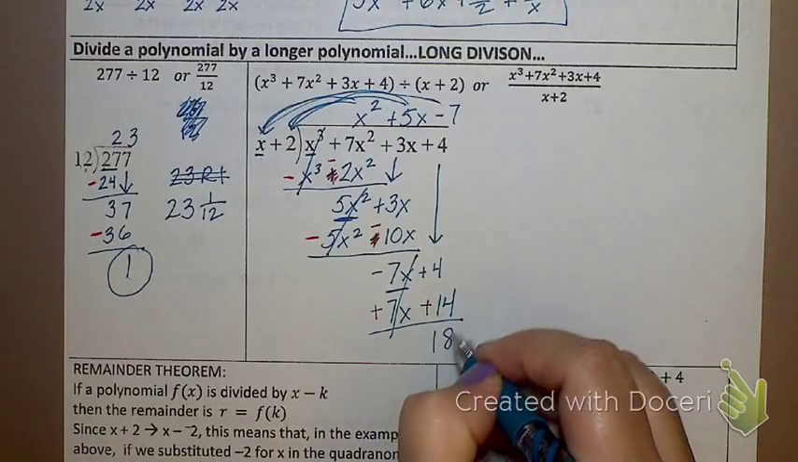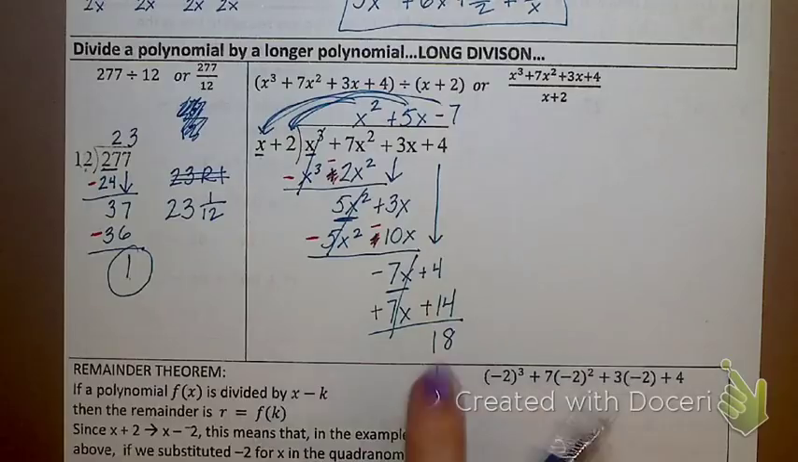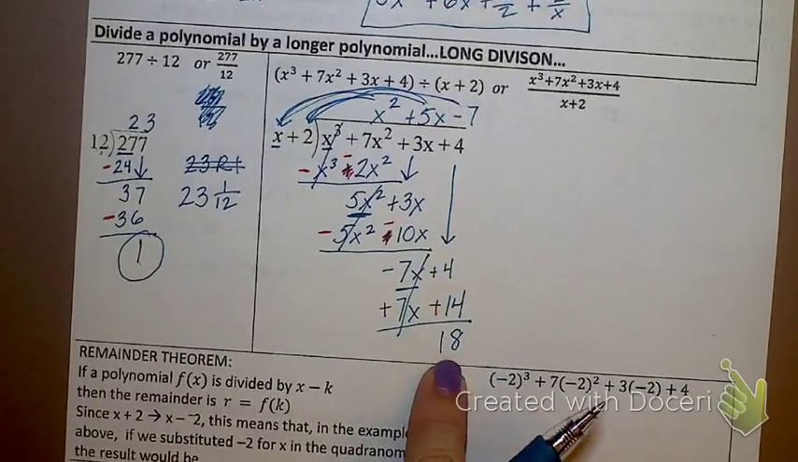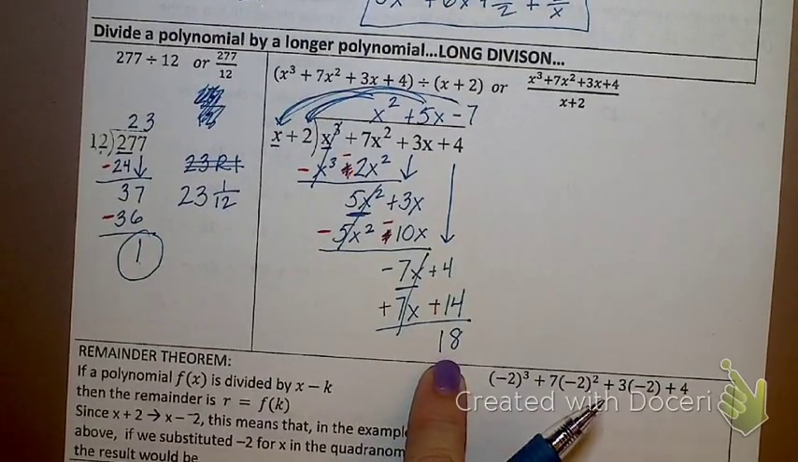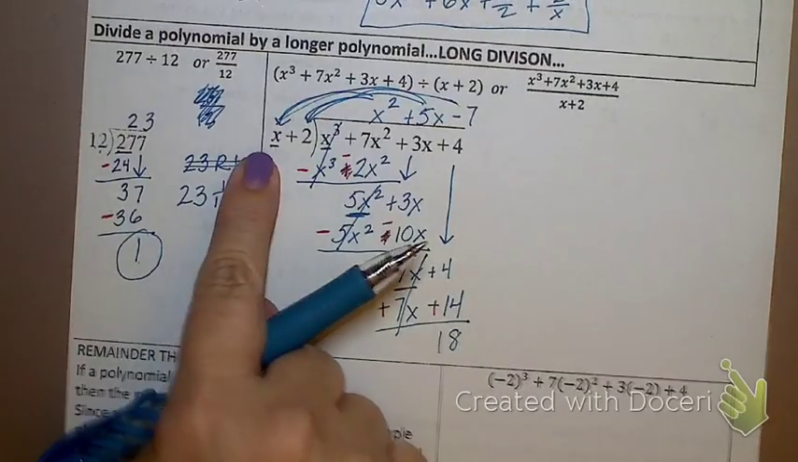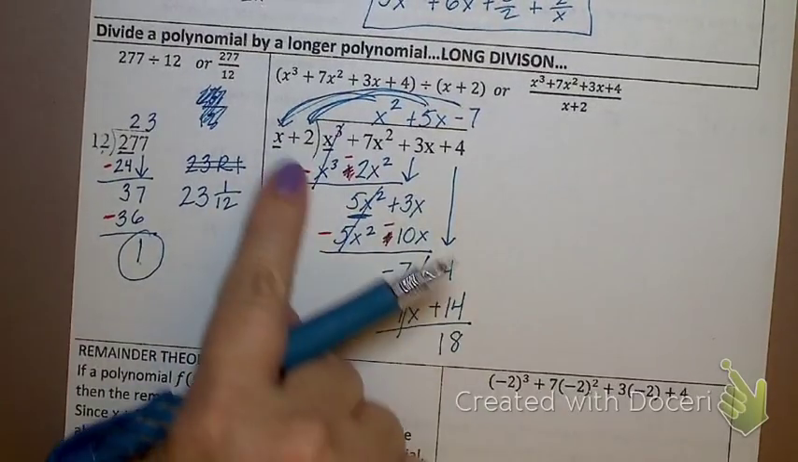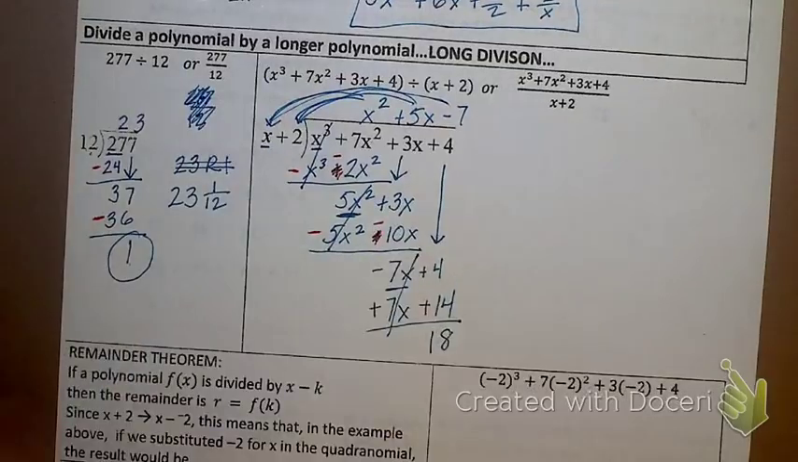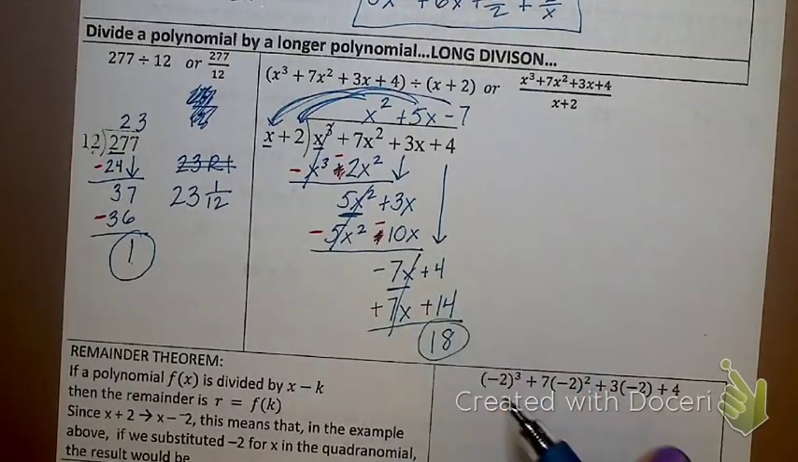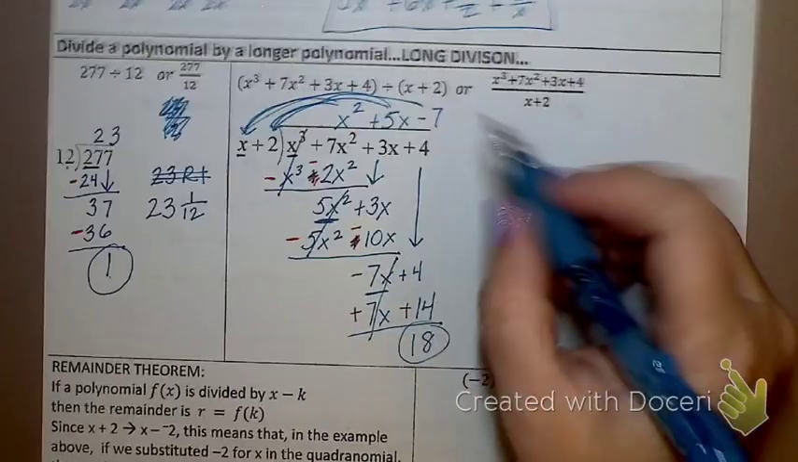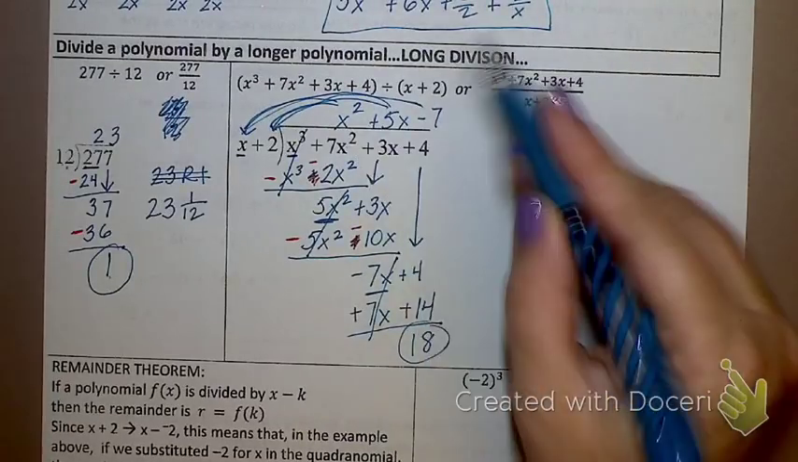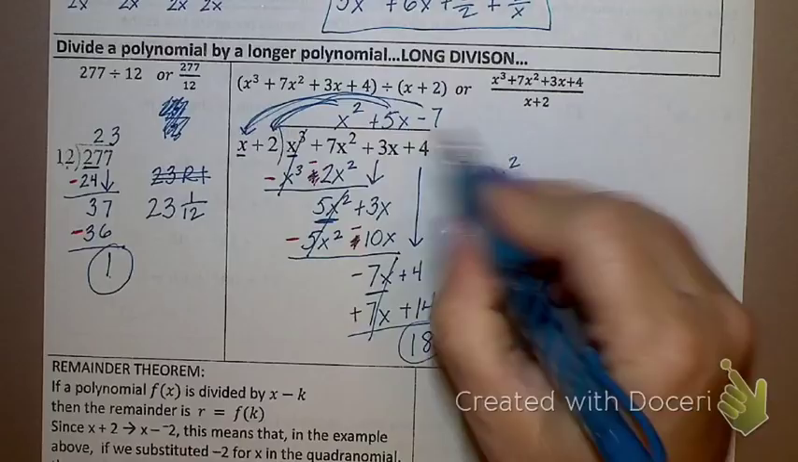18 would be a good number. I said that. Now, what's the degree down here? 0. Degree 0, degree 1. My degree is less than this polynomial out here, so I'm done. What I have down here is my remainder. 18. So, here's what my final answer is. My final answer is x squared plus 5x